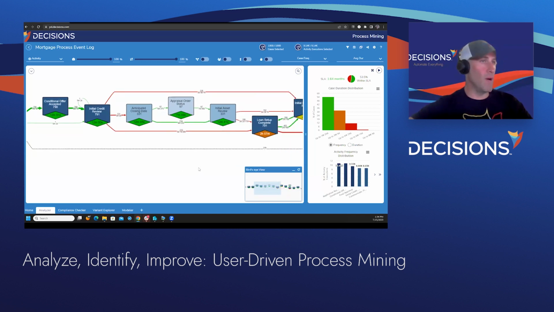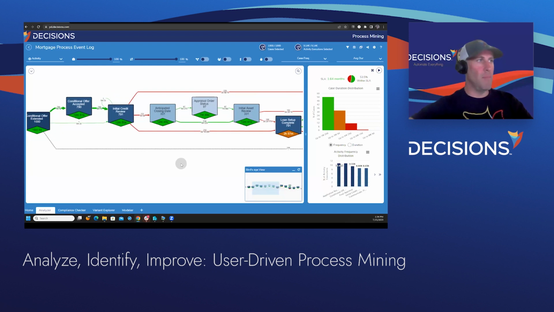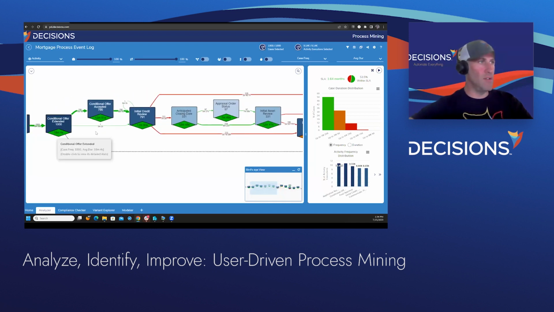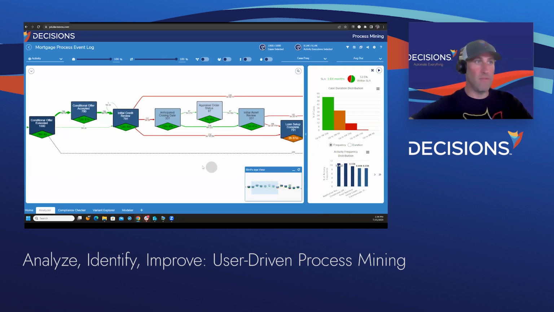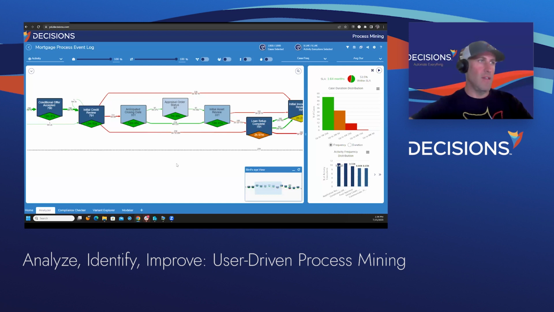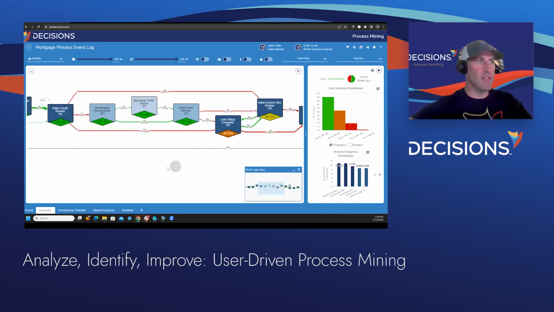So maybe I only want to focus on the dark blue one, and I can use some of the toggles up here to hide or expose some of these activities. The bottom number, again, average duration, but just like a traffic light, anything in green means good. The tool has decided for us that activity is happening at a very quick pace, doesn't take a lot of time.